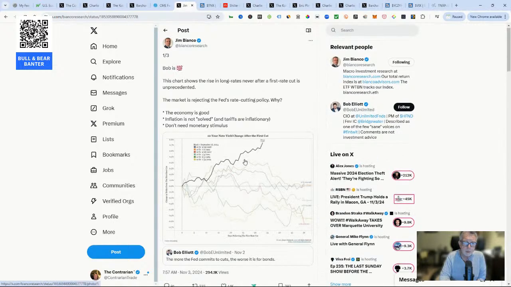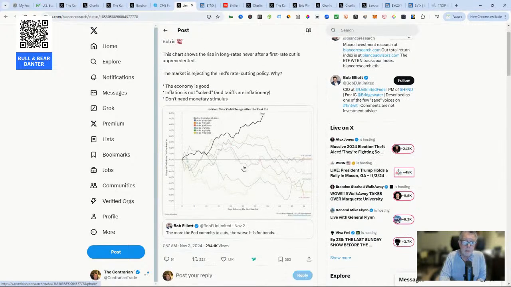Because this is mind-blowing to me. This chart shows the rise in long-term rates after a first rate cut is unprecedented. So I don't like the way you worded this. The market is rejecting the Fed's rate cutting policy. Why? The economy is good, inflation is not solved, and don't need monetary stimulus. Okay, so